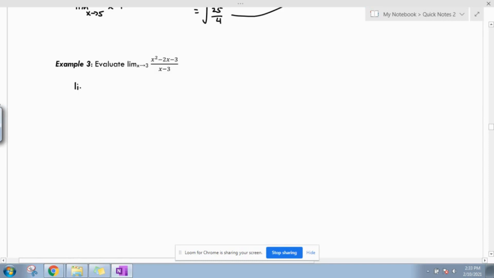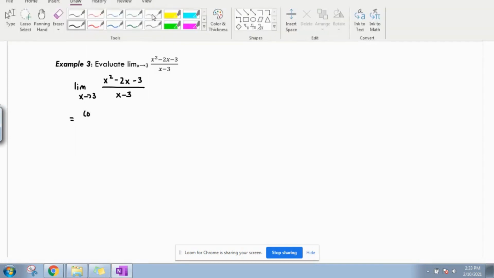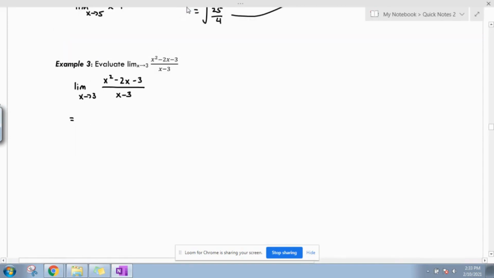So I have the limit as x approaches 3 for x squared minus 2x minus 3 all over x minus 3. And if I plug in 3, because I'm doing a straight substitution to help me find my limit, I'm going to get 3 squared minus 2 times 3 minus 3 all over